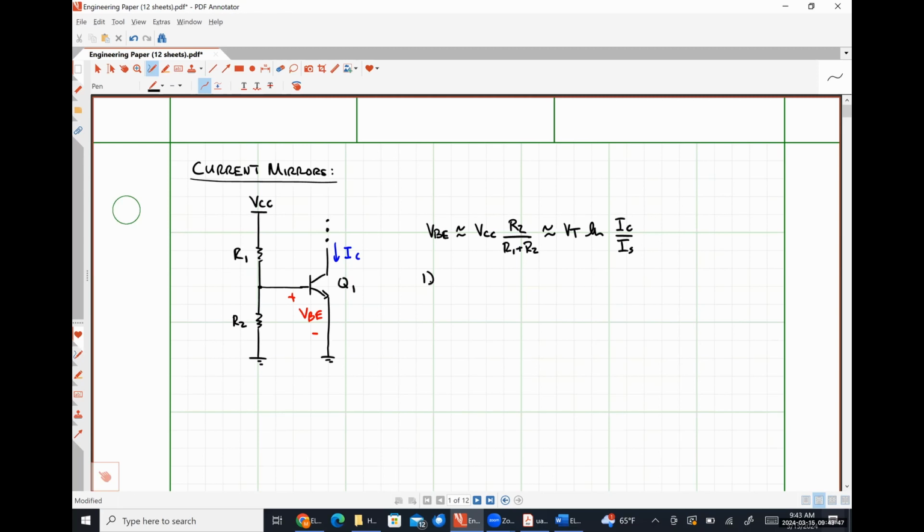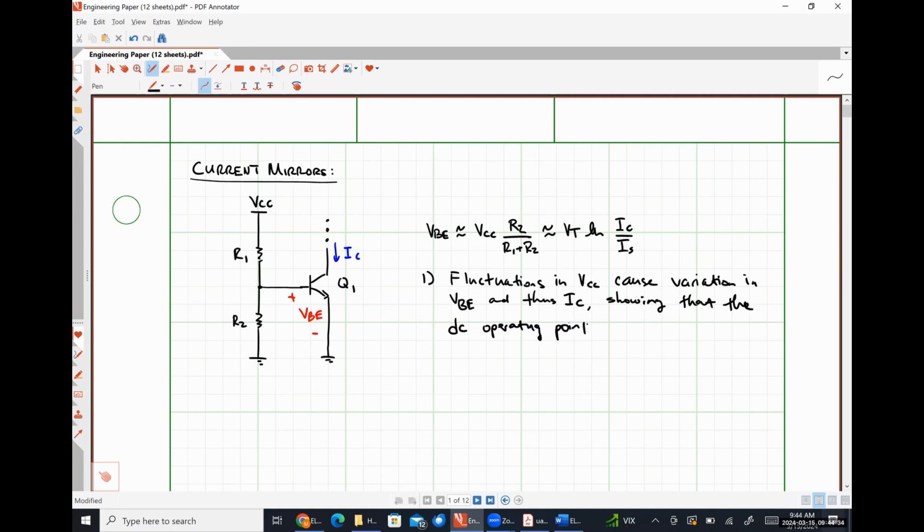So number one, any fluctuations in VCC cause a variation in VBE, and thus also IC, showing that the DC operating point is strongly dependent